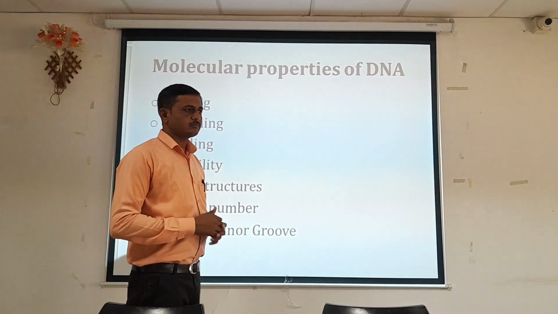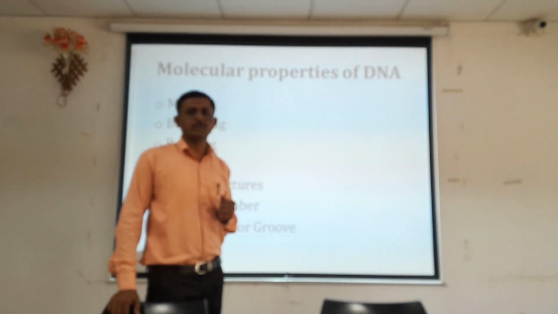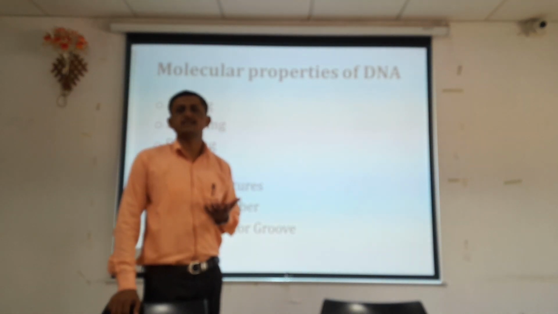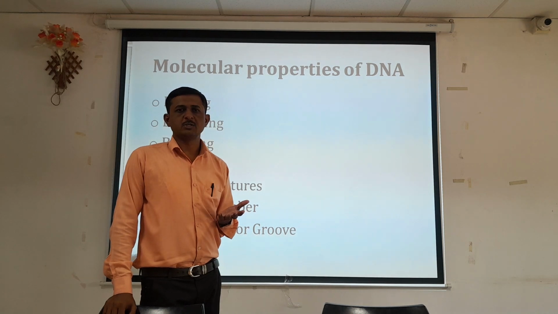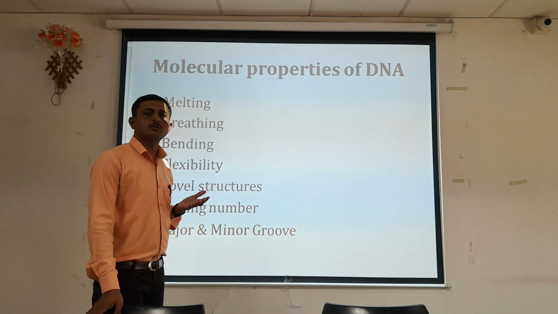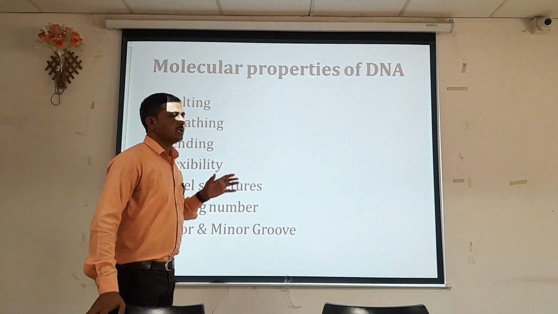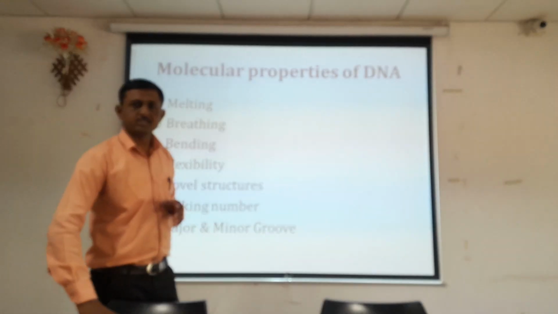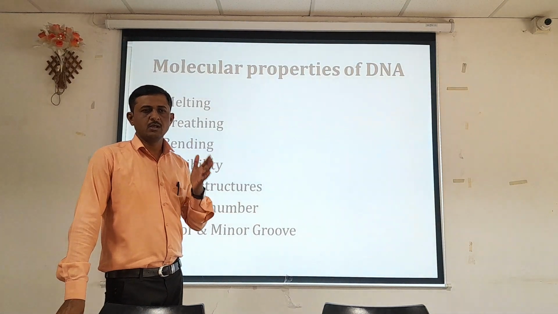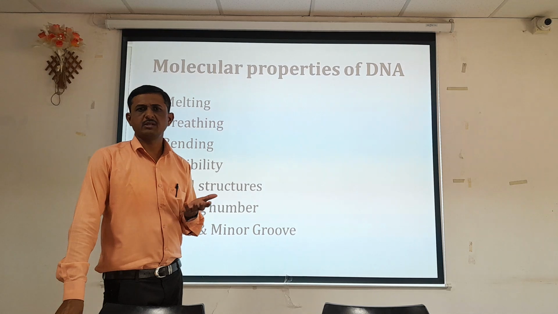Hello dear students, in the last lecture we discussed the molecular structure of DNA, and also the different experiments carried out by different scientists to prove DNA as a genetic material, such as the Griffith experiment and the Avery-MacLeod-McCarty experiment. By performing these experiments, they proved that DNA is a genetic material which transfers genetic information from one generation to another, and by degrading that particular DNA we can block the transfer of genetic information.